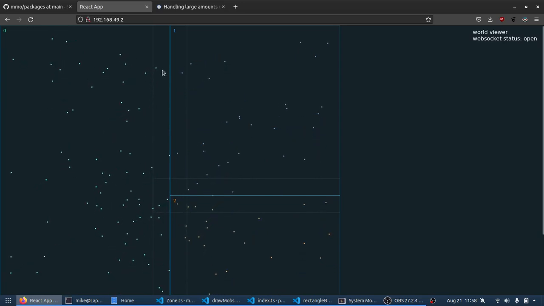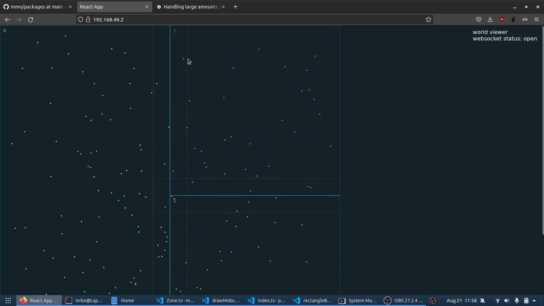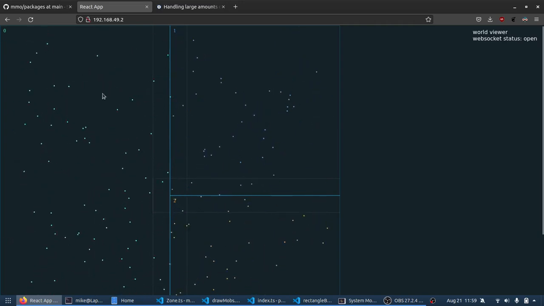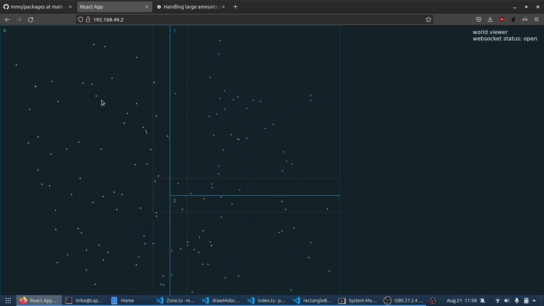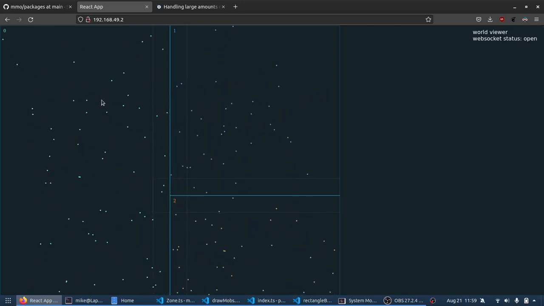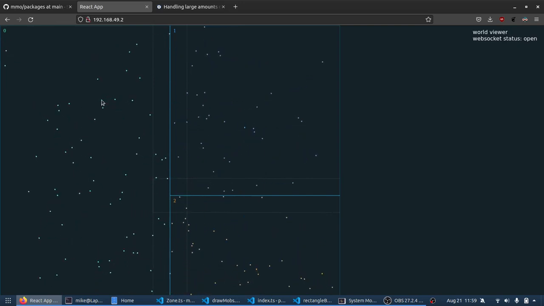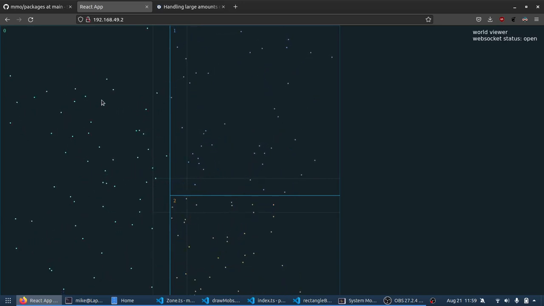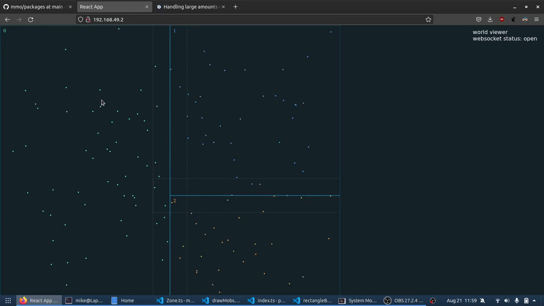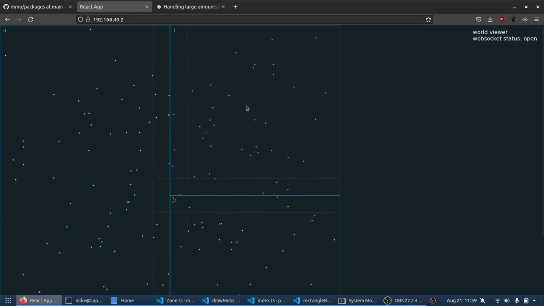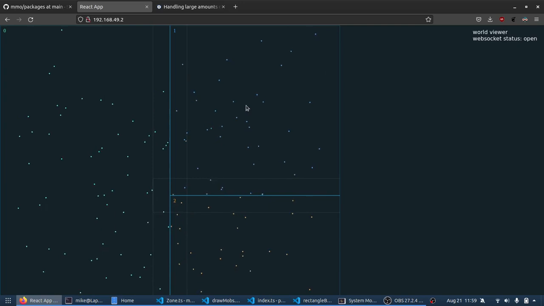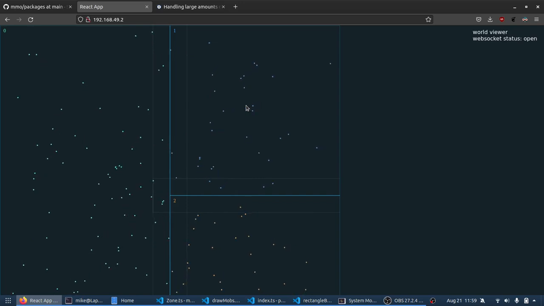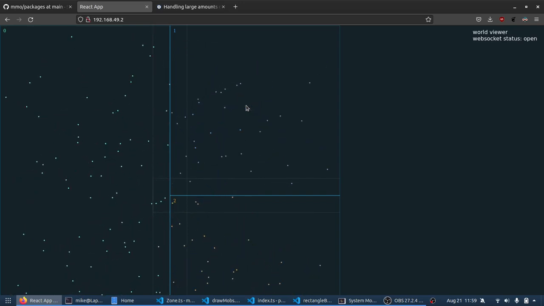So if a green dot passes over to the right here, up the top, and now it's inside where the zone number 1 is, then zone 0 is going to publish to the messages for zone 1 channel. You have this entity, here's all the information about it, like its speed, its position, its size, how it likes to move around, and zone 1 will be subscribed to that channel, of course, because those are the messages that it's concerned with, and it will see that and say, oh, there's this entity that I should add to my list of entities, and it will do that, and then it'll be on its list, and it'll start